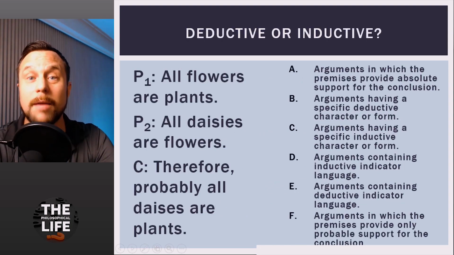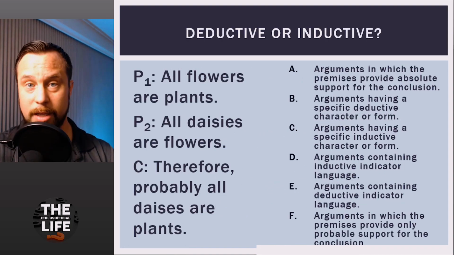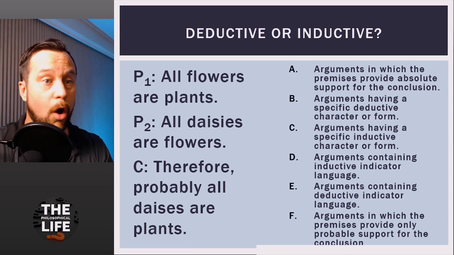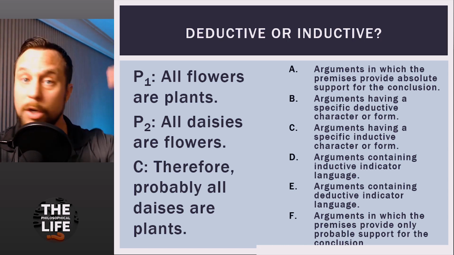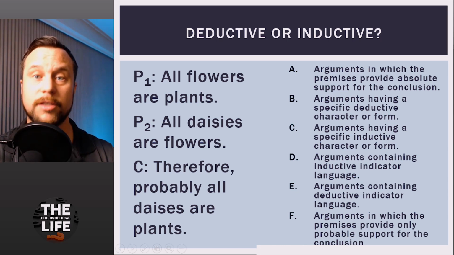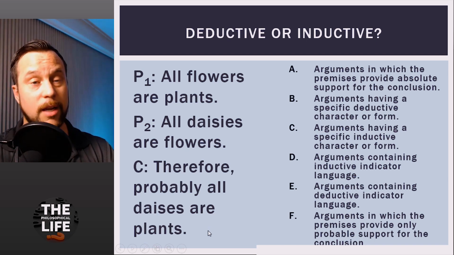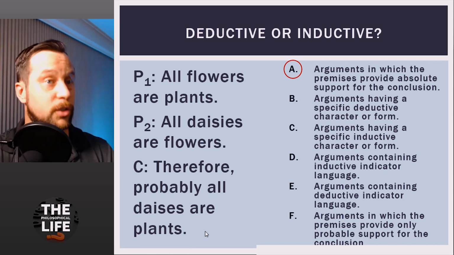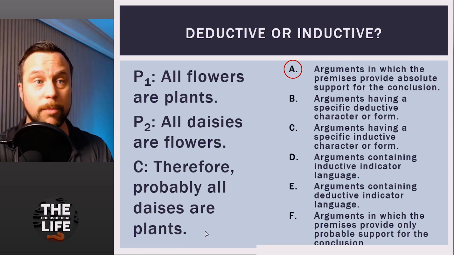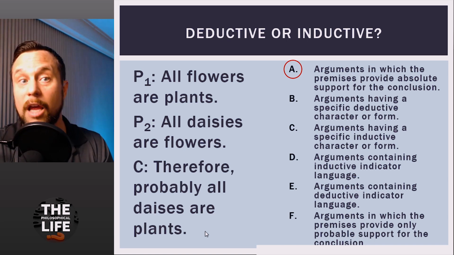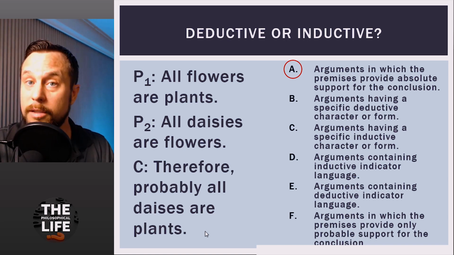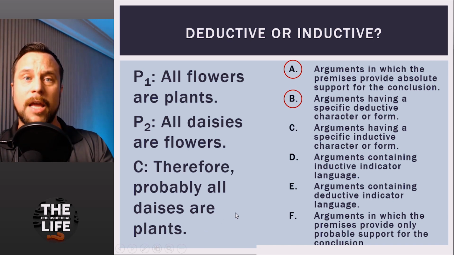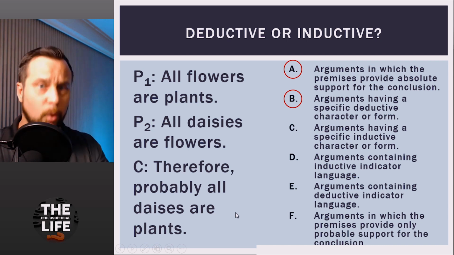So let's take this example. All flowers are plants. All daisies are flowers. Therefore, probably all daisies are plants. Now we just work right through the list of factors. So as you can see here, this argument is actually deductive. Assuming all flowers are plants and assuming all daisies are flowers, it follows necessarily that all daisies are plants. Now, the problem is you have that word probably in there, and we'll get to that in a minute, but